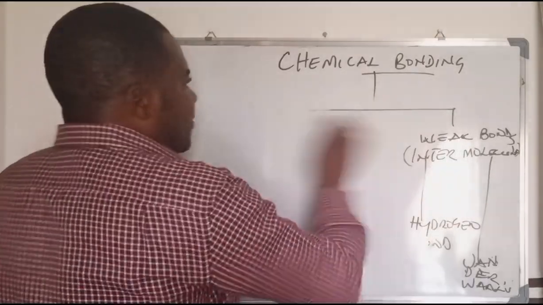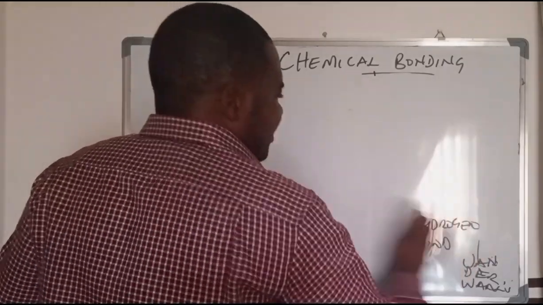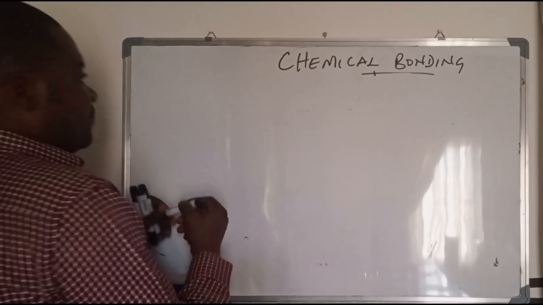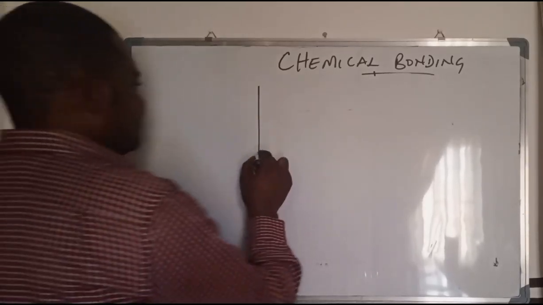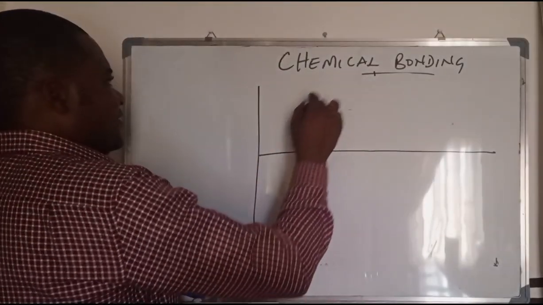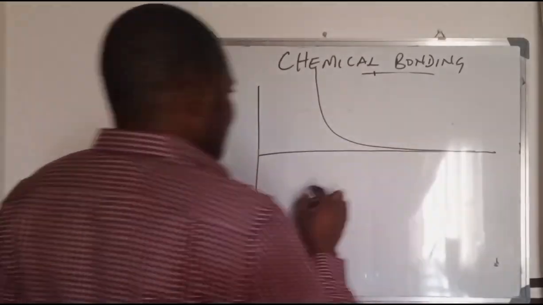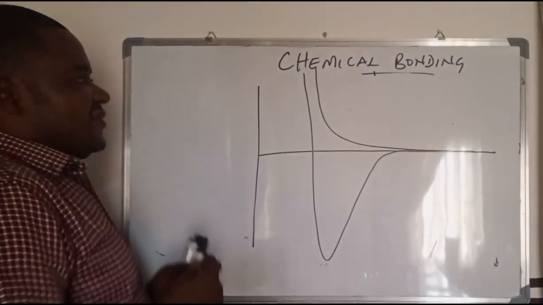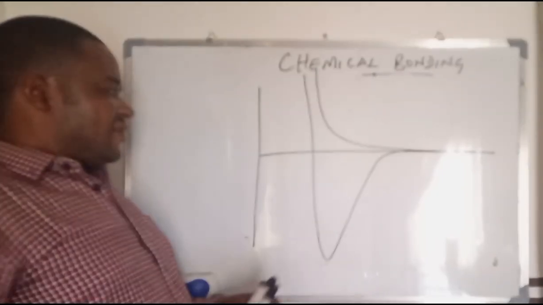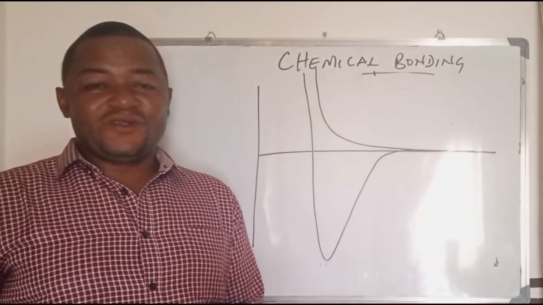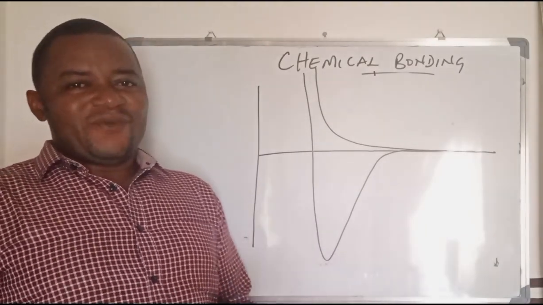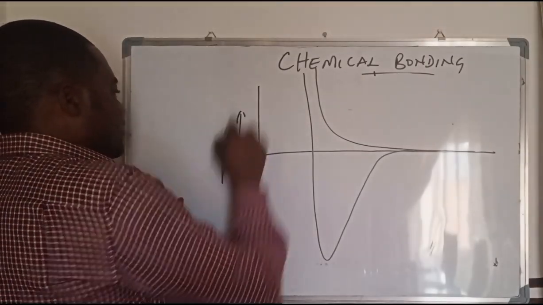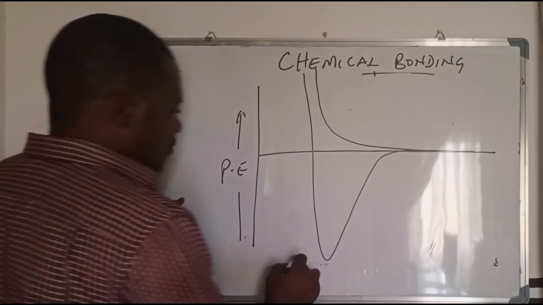Now we're going to use a diagram to explain that. Now I want us to take a look at this. Now let's see this. Okay. Now you take a look at this. It looks like a cyclic voltammetry plot, but this is where you have the potential energy increasing and decreasing. This is where you have